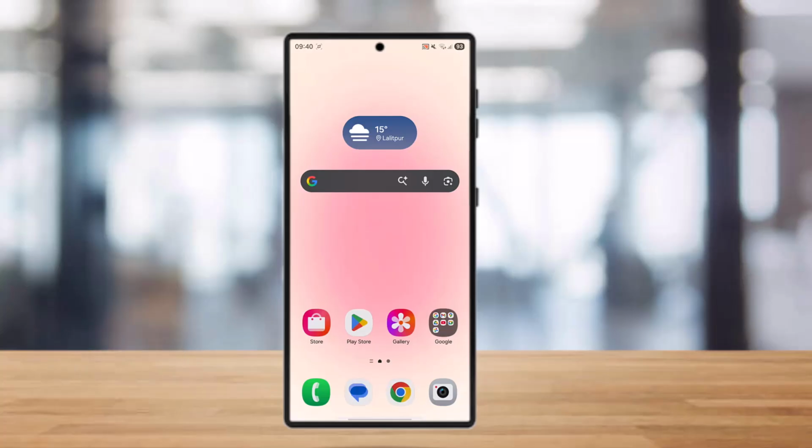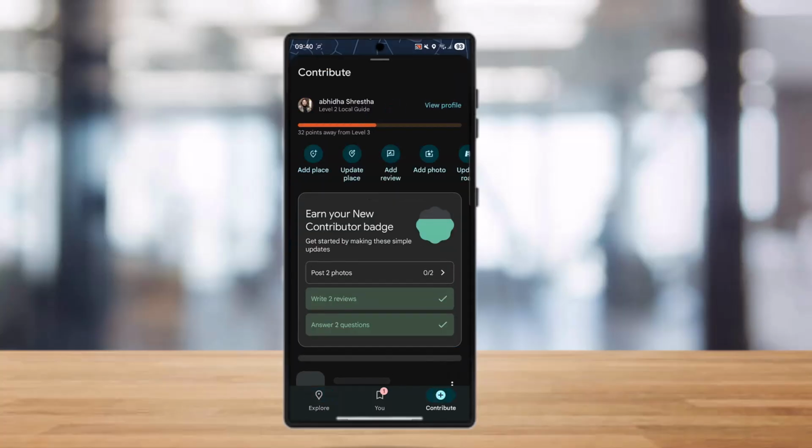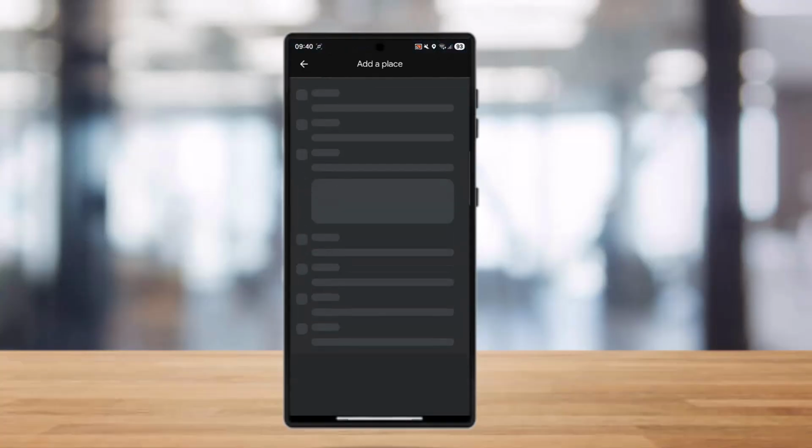Now if you're using Google Maps and you want to add a missing place to it, then you need to go to Maps, and once you have opened Maps, you can simply find the option called Contribute. Simply tap on the button called Contribute and select Add Place. Once you have tapped on Add Place, you can fill in the required details,